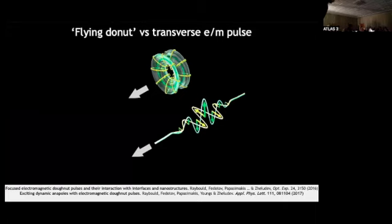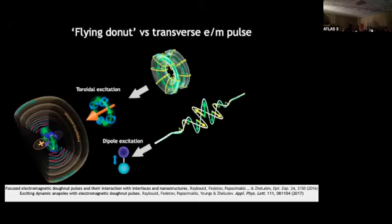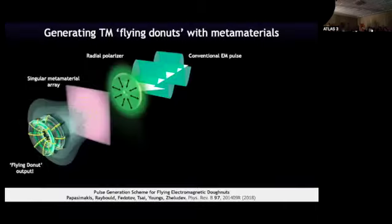The most important part of this consideration is that transverse electromagnetic waves are good to excite conventional electric dipoles, while the flying donut, as we call it now, is very good to excite toroidal excitations in matter, and also dynamically, in the transient regime, couples to anapoles. And this attracts considerable attention. But it took quite a few years to realize how one can actually generate such